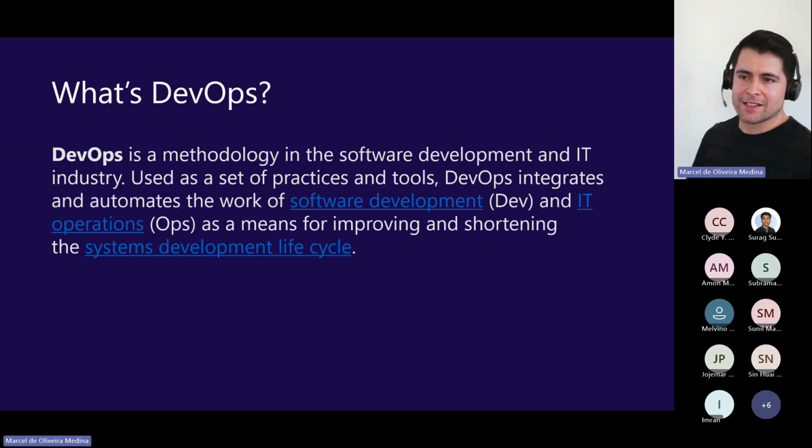But as you can see, that's a methodology, right? A systematic and structured way of trying to solve a particular problem. Methodology in the software development and IT industry, used as a set of practices and tools, right? So when it says practices and tools, it's a combination within the software development life cycle.